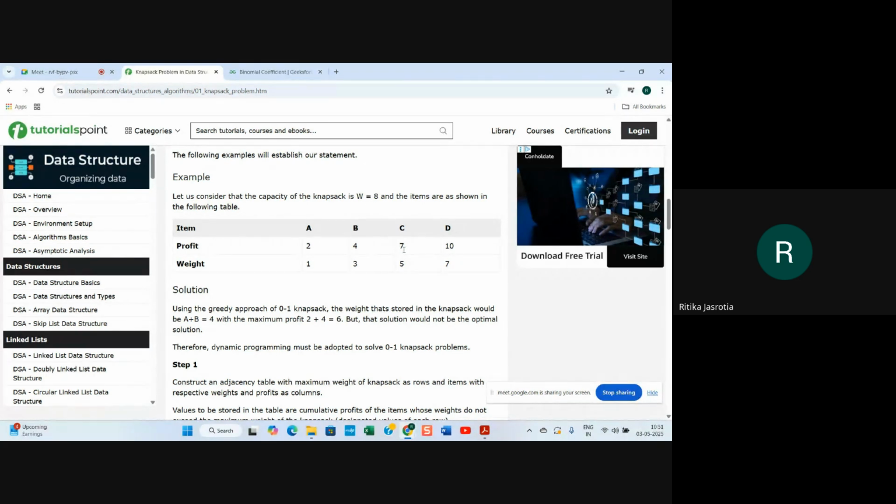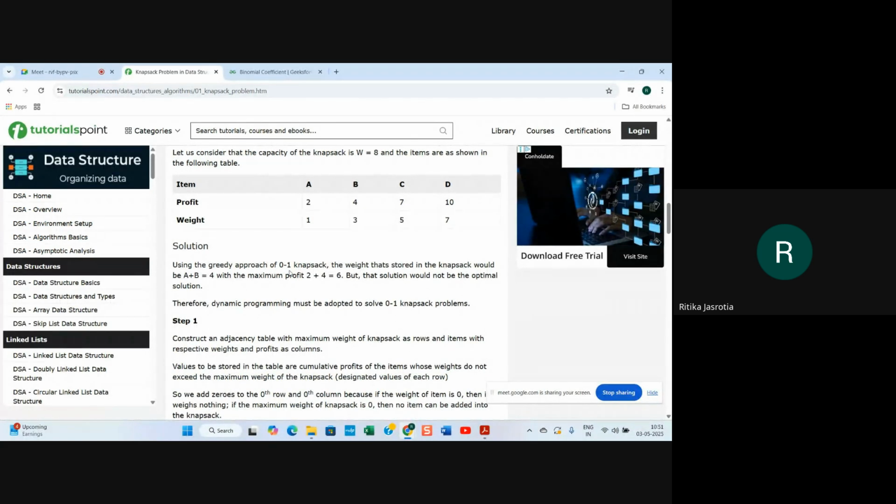The maximum capacity of your knapsack is 8, and the items are shown: item A, B, C, D. Profit is 2, 4, 7, 10, and weight is 1, 3, 5, 7. So using the greedy approach for 0/1 knapsack, the weight stored in the knapsack would be A plus B